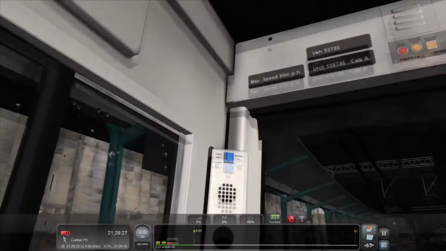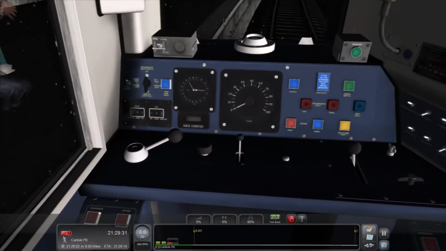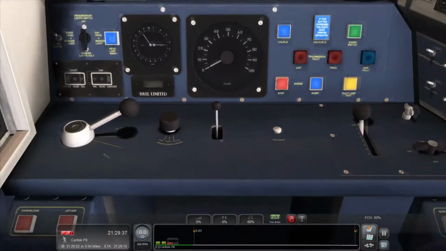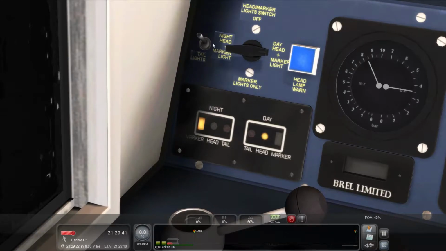Hello everybody, welcome back to the world of Train Simulator. And no, this is not Train Sim World. I wish. You can tell that it's, let's turn the cab lights on so I can actually see what I'm doing. Yeah, but trying to get the